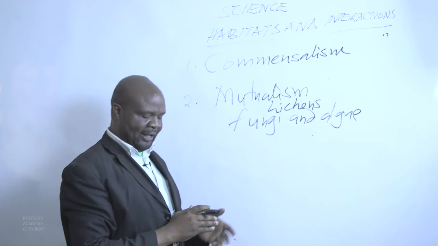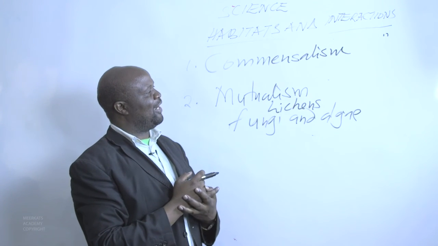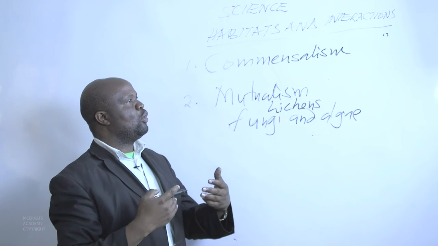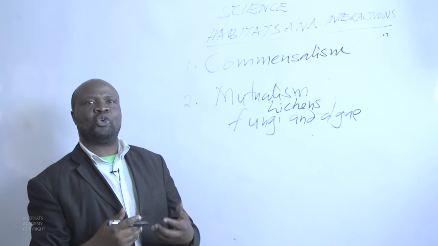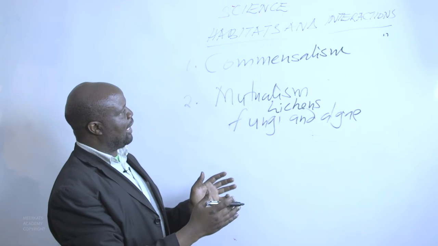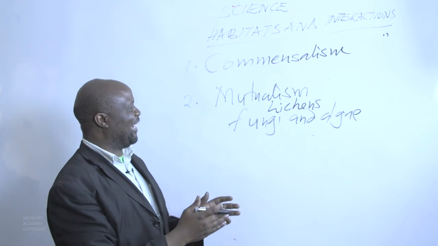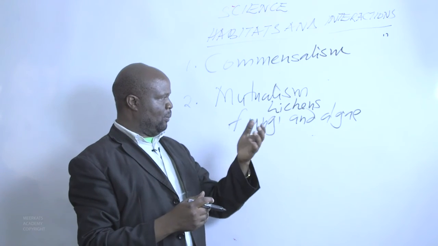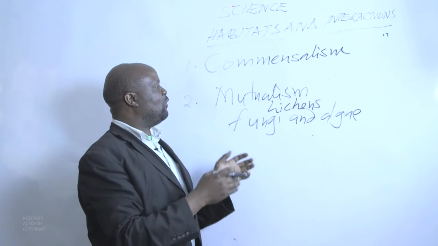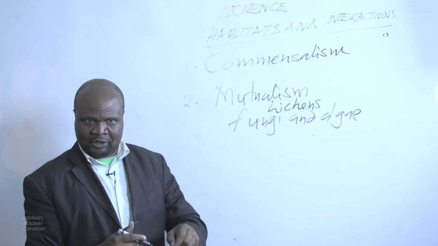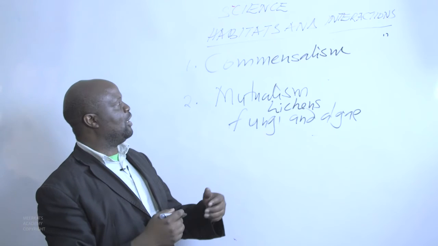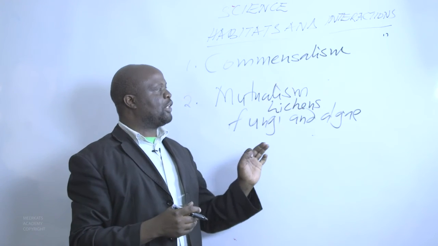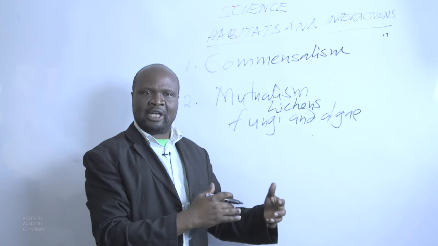When we talk of algae, we are told algae is a particular plant that has ability to trap sunlight and to manufacture its own food. But because this algae is existing together with the fungi, when algae produces its food by the energy it traps from the sunlight, fungi is there to feed on that food. But the mutual relationship now comes here in hand, whereby fungi is there also to give protection to algae and to give it appropriate condition.